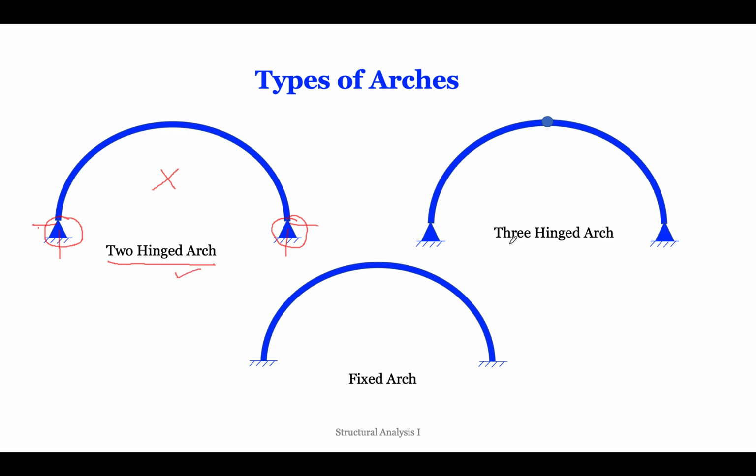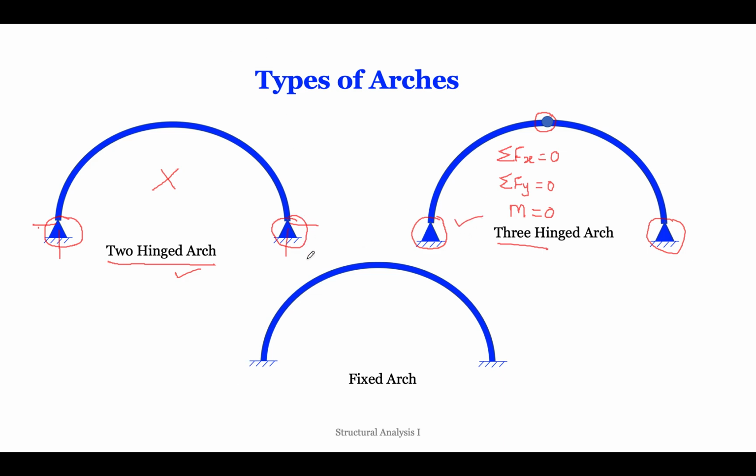So this is the 3 hinge arch. Here there are 2 reactions, and again there are 2 reactions because of the hinge support. But there is a hinge, so when we separate it while solving our equation, we can solve this particular arch with 3 equilibrium equations. What are the 3 equilibrium equations? Summation of forces in x direction is equal to 0, summation of forces in y direction is 0, and summation of moments. These 3 equations we calculate and solve, and then we can find out the reactions.